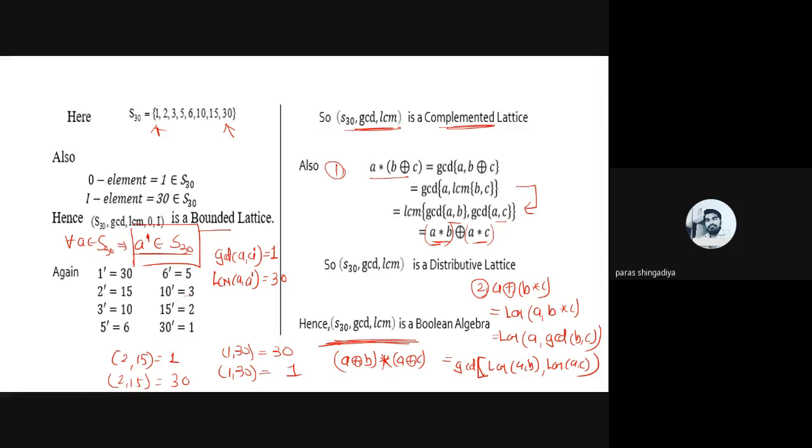So this is how we can check whether a given structure is a Boolean algebra or not. Clear? First, you have to prove the lattice, and then check the complemented lattice, and then check the distributive lattice. Clear? And that is a complete 8-mark question if it is asked in the theory exam. This type of question will be asked for 8 marks, which includes the lattice concept, then complemented as well as distributive. Clear? So is there any doubt in the definition or in this first example to anyone?